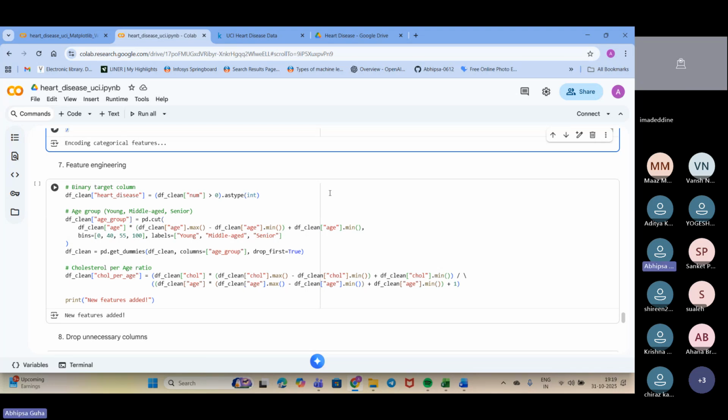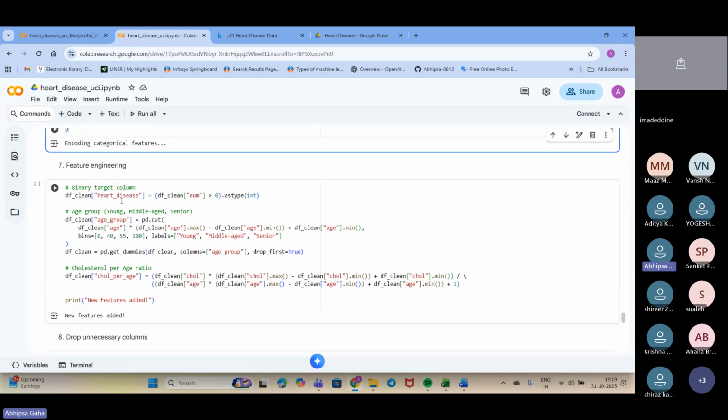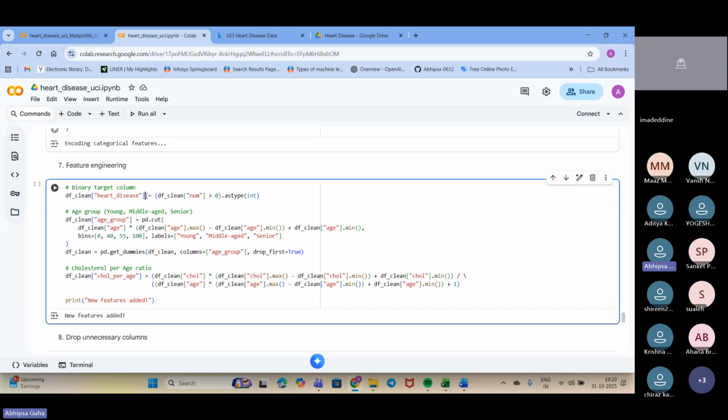Okay, so here, df clean heart disease is my original target column. We have already changed it in this section where we have the data. Usually we get 0, 1, 2, 3, 4. If it is 0, there is no heart disease. If 1, it signifies another level, if 2, another level of disease, like that. So this is my original target value.